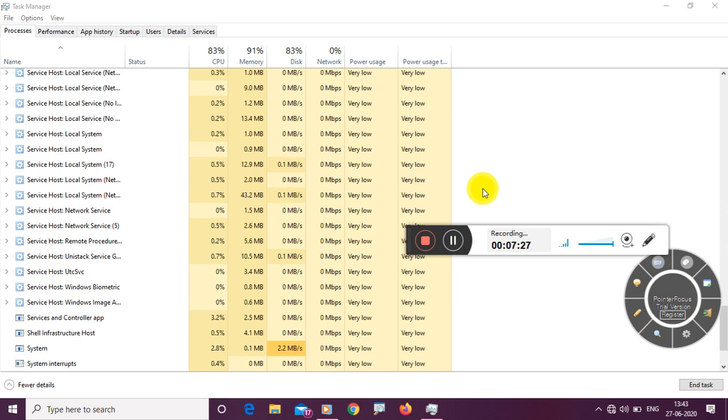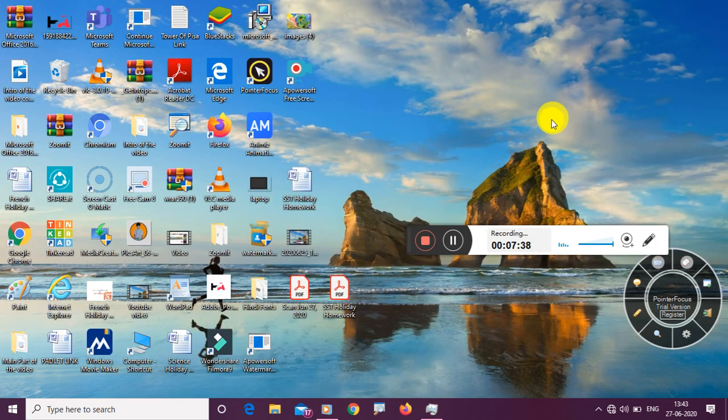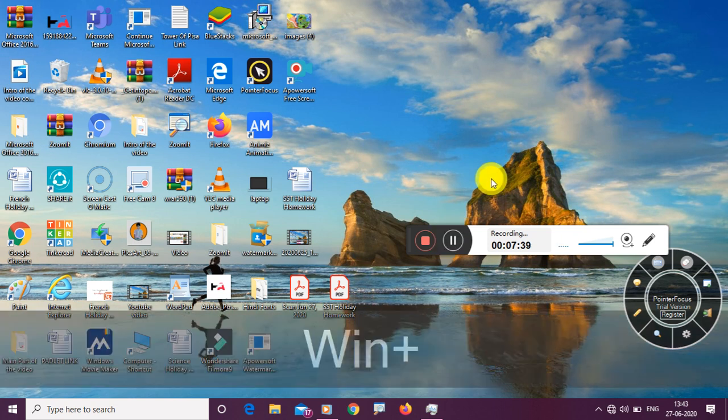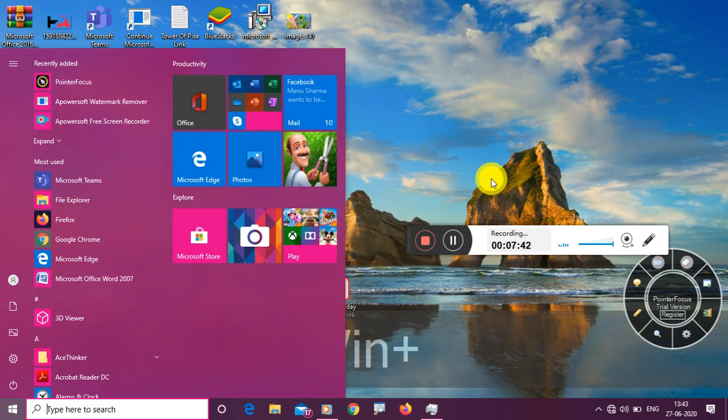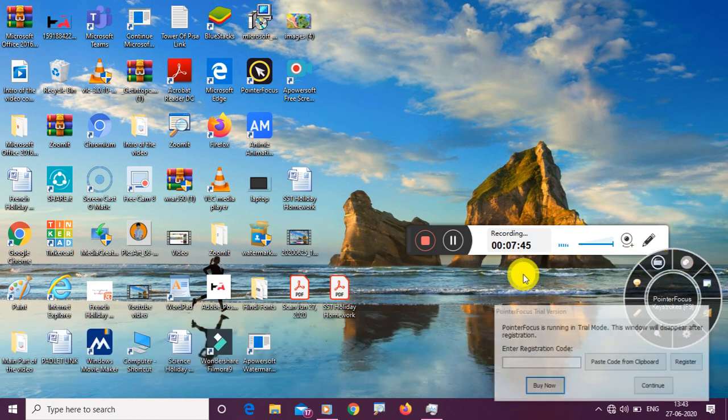So by restarting, it seems that our laptop is refreshed. So as we can see, all the apps have returned here. So these were the only two tricks to show you how you can avoid Windows hanging.